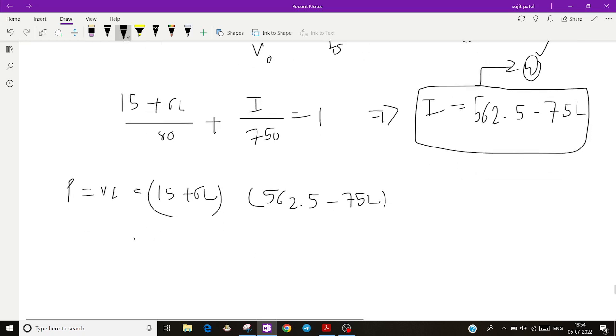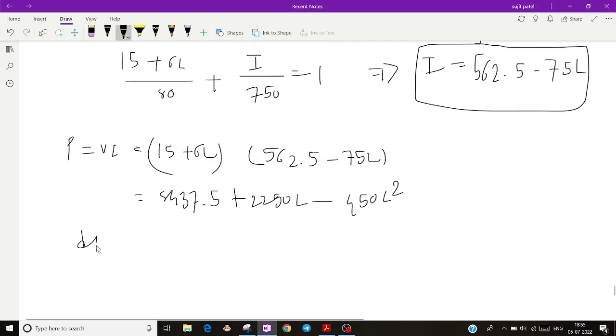When you multiply this, you will get 8437.5 plus 2250L minus 450L square. Now differentiate this power with arc length, so you will get 2250 minus 900L is equal to 0,